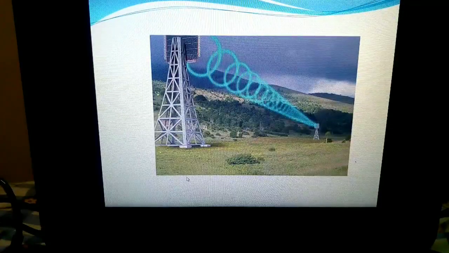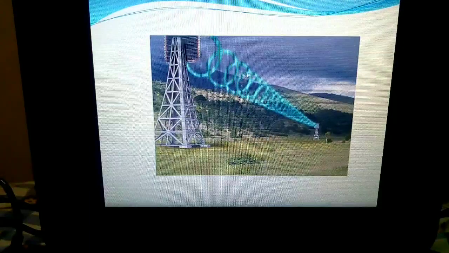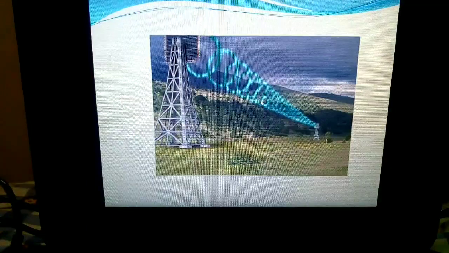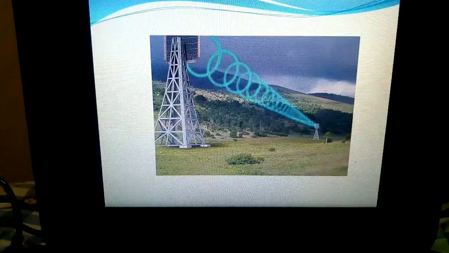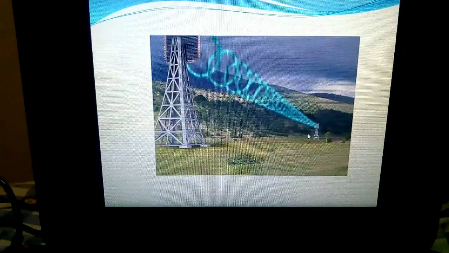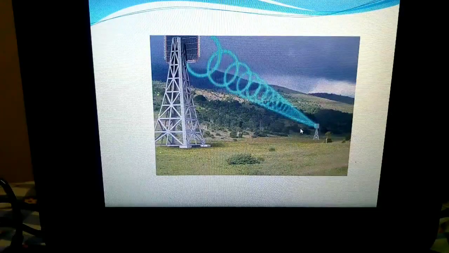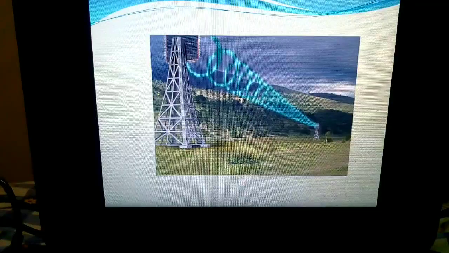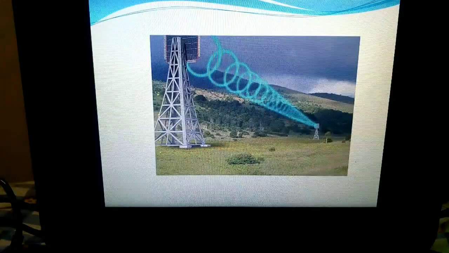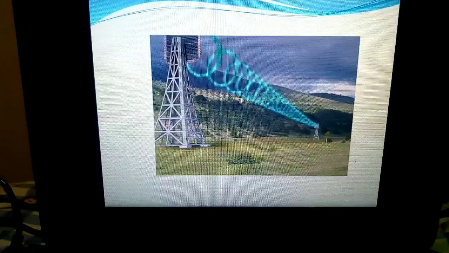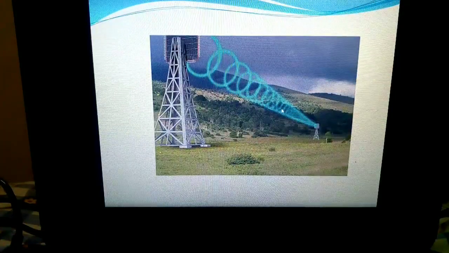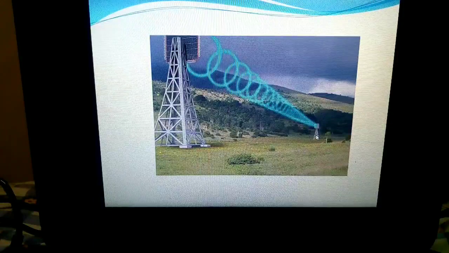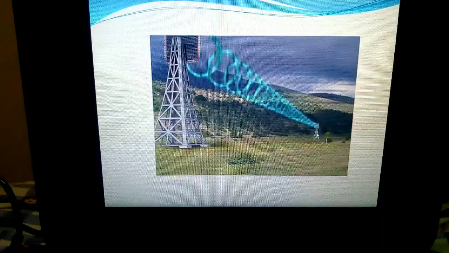Once again, I'll just explain here. Whenever the microwave link is transmitting its data signals through a straight line, it is possible that because of weather conditions, such as strong wind blowing, the signal may slightly deviate. Instead of taking a straight line, it may deviate. When it deviates, if there are any harsh industrial environments or other environments where noise is being generated, it is possible that these signals may combine or interfere with those noise signals and become an unwanted signal. The same signal will be received by the receiver with reduced signal strength.